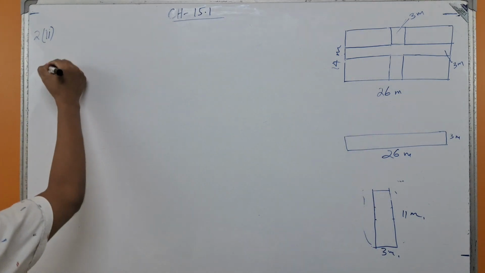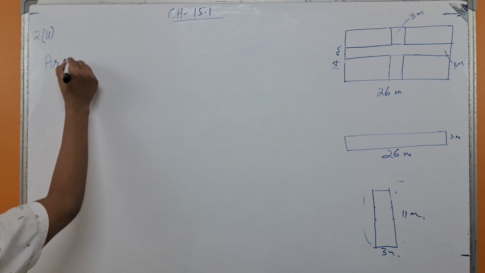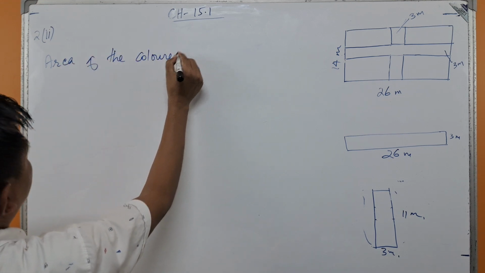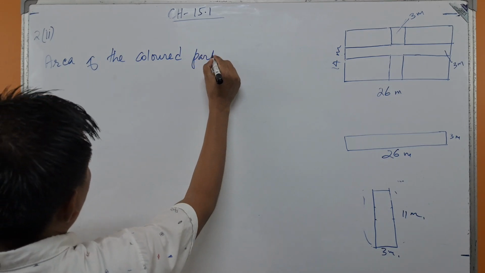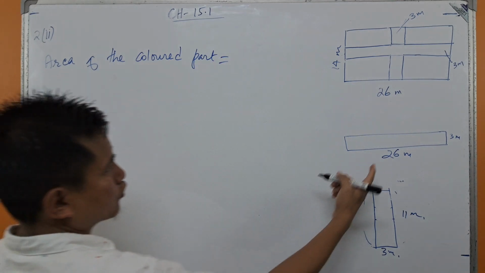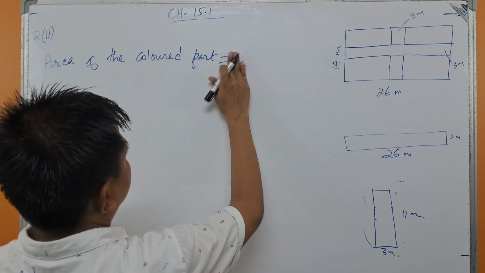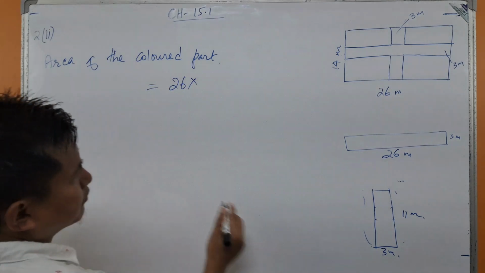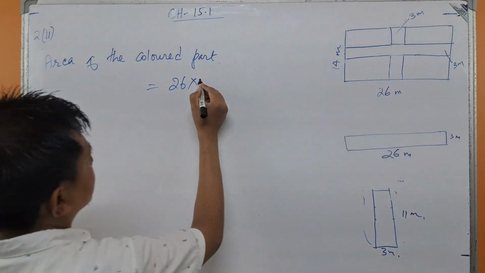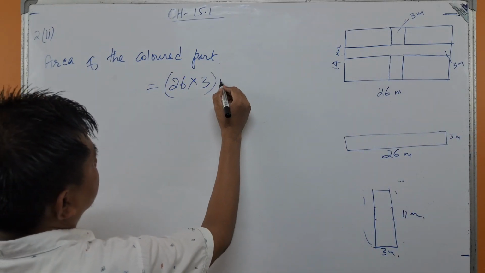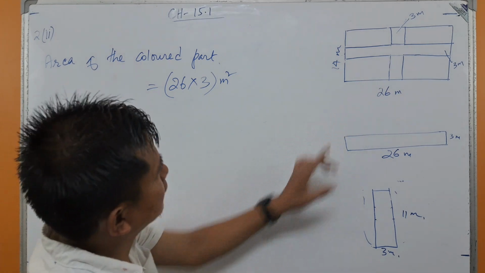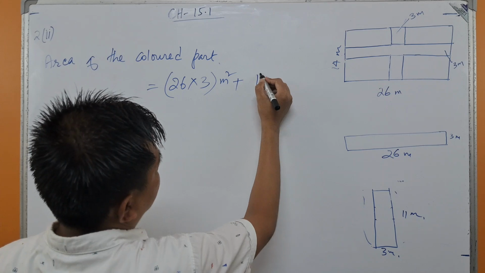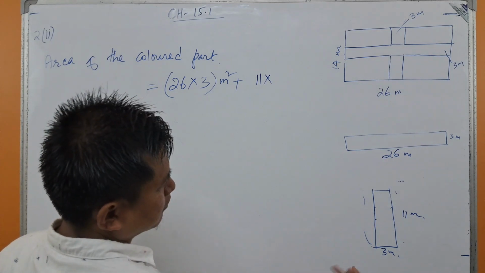So area of the colored part equal to length is 26. Let me write here. 26 into breadth is 3 meter. This is the area of this rectangle plus area of this rectangle. Length is 11 times breadth is 3